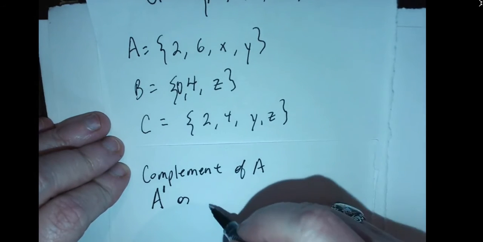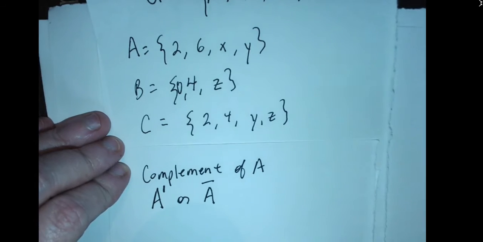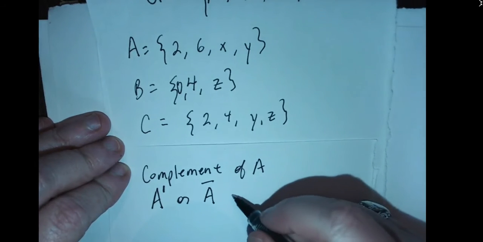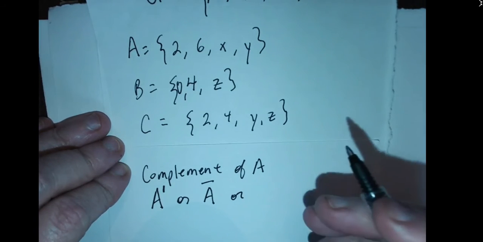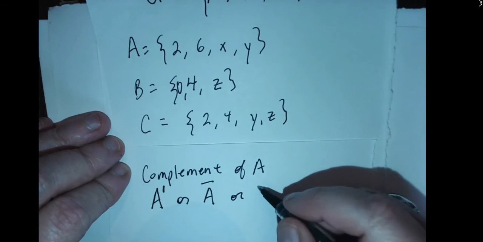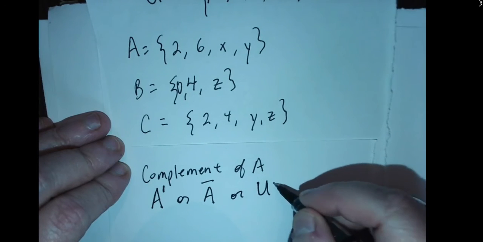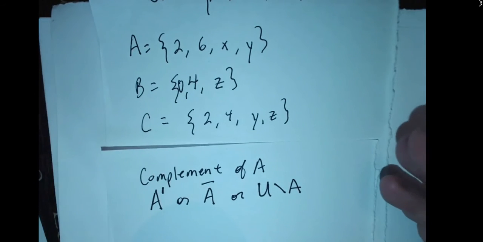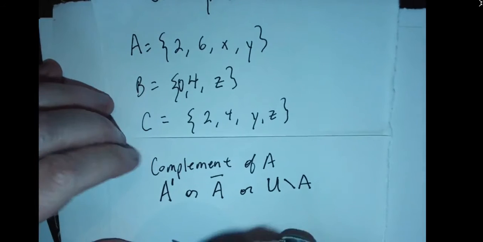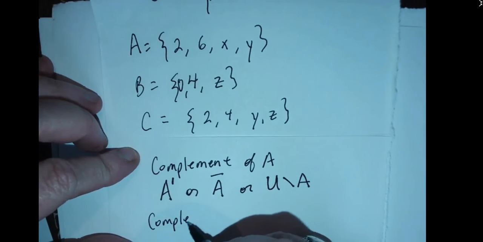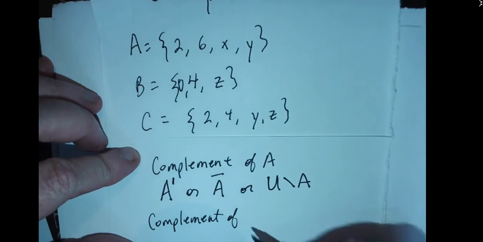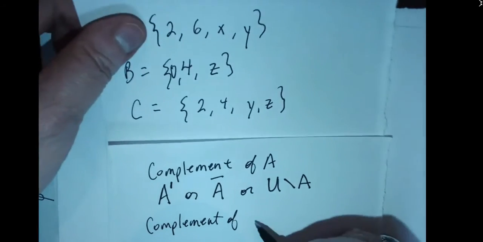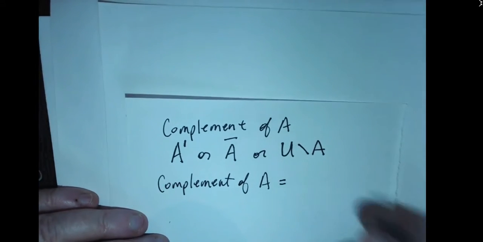But other textbooks will write it with a bar over A, and other textbooks will have the complement denoted as the universal set and then this symbol. You can kind of think of that as a subtraction symbol, because the complement of a set A, and we don't even have to have the specific one, where U is our universal set, is going to equal